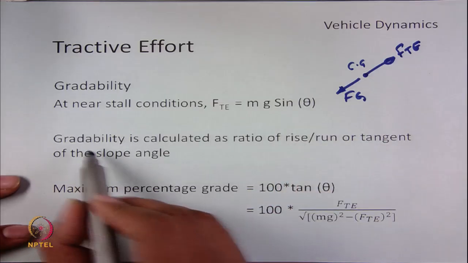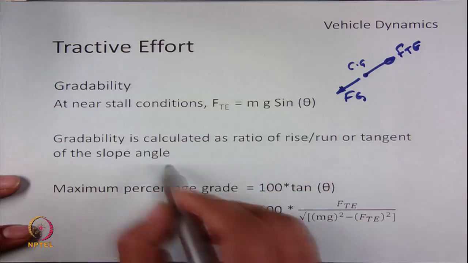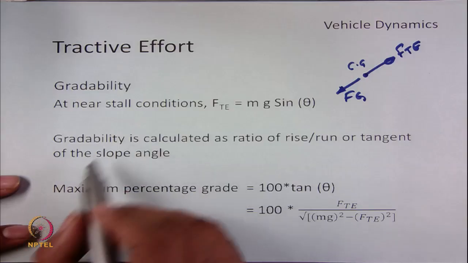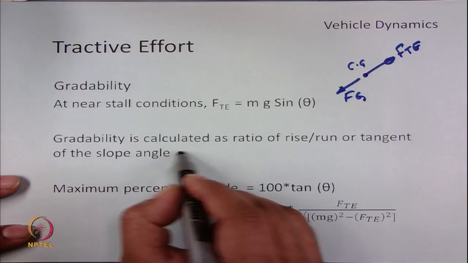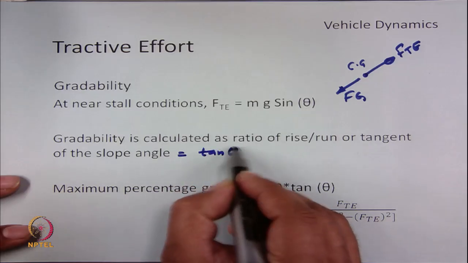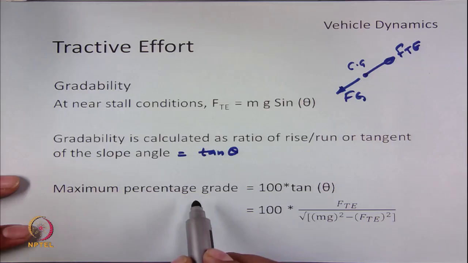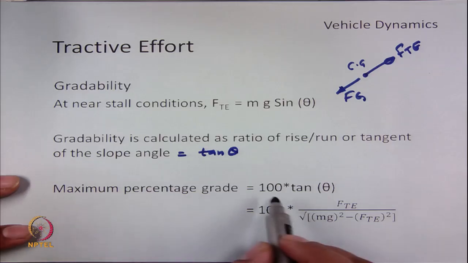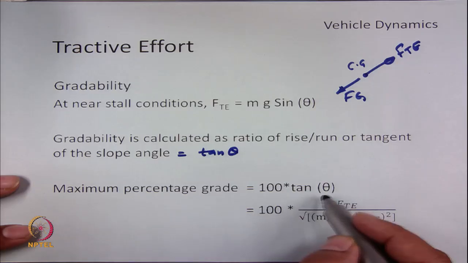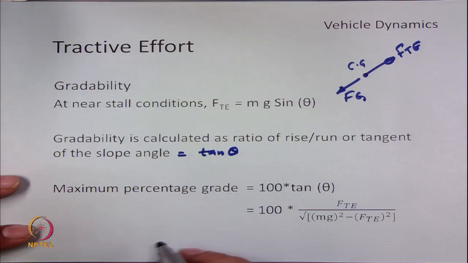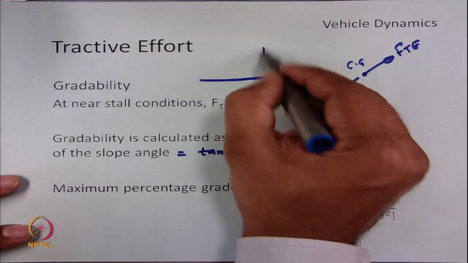So gradability is calculated as a ratio of rise to run, or tangent of the slope angle. So basically, gradability is equal to tan theta of the slope. And if you want to give this data as a percentage, then it will be 100 into tan theta. So, how to calculate this from this equation is, let us say once we know